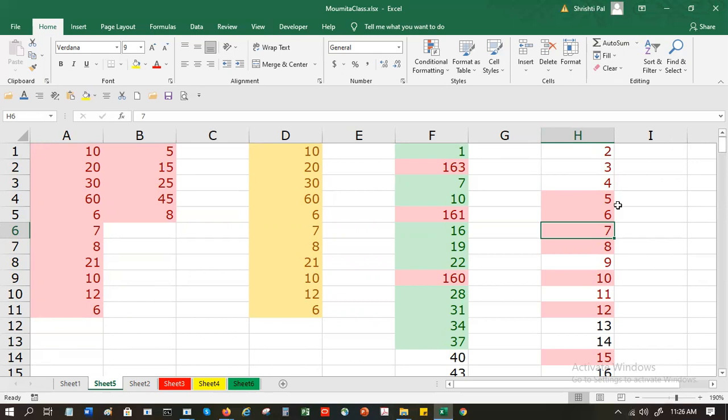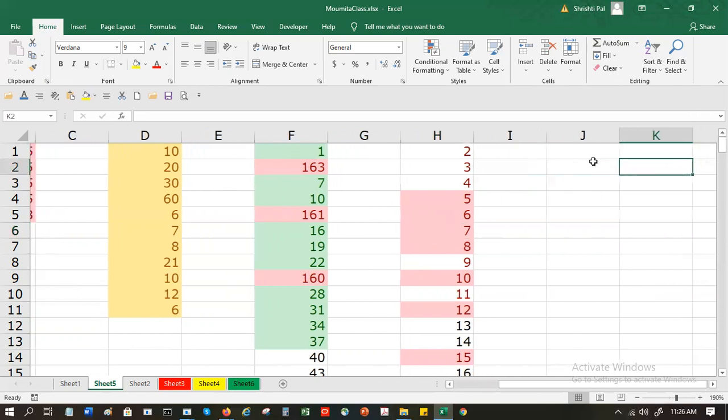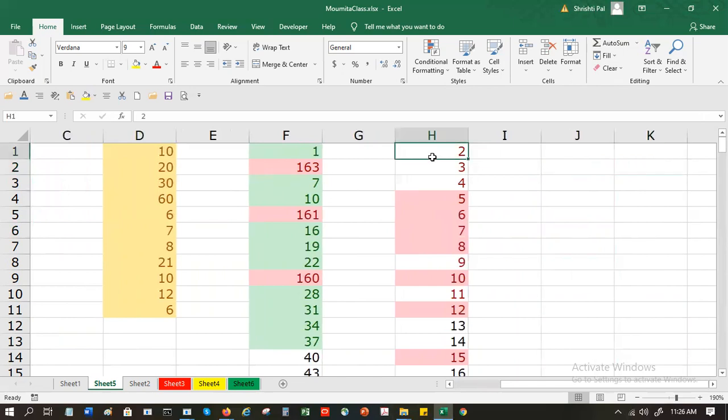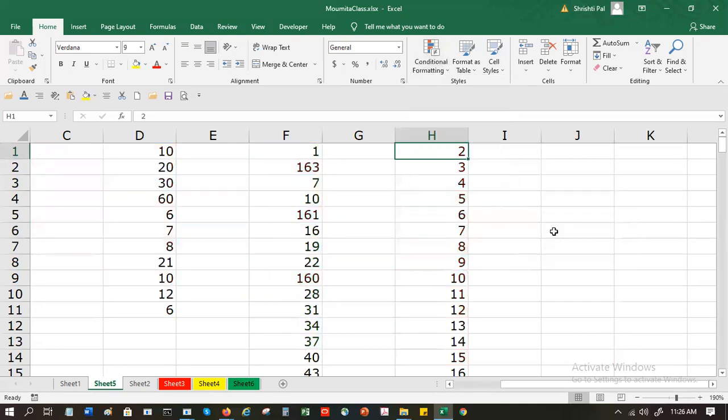This is a very good feature when you are working with numbers and you have to do these ad hoc sort of questions. And these are dynamic, so in case you don't want them, what you can do is go to conditional formatting, clear rules, so you can clear them from selected cells, or clear from the entire sheet, so everything goes, but your numbers remain. So you don't have to filter, or you don't have to sort, or you don't have to do anything of that kind.